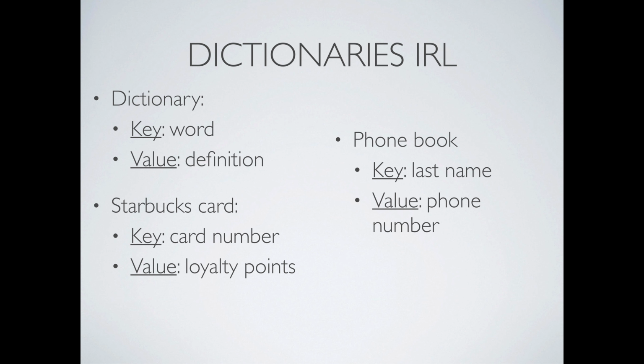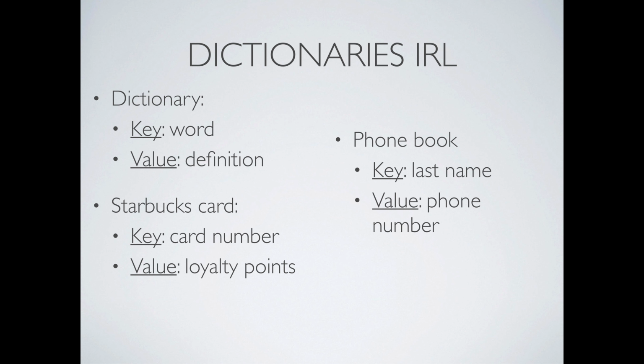Go figure. So in a dictionary, the key is the word, right? So let's say you're reading a book and you come across a word that you don't know. You don't know what the definition of the word is, but you know the word because you read it in the book, right? You can see the word right there in front of you. So the key, in this case, is the word itself. You use that word to then go open up the dictionary and look for the word, and then next to the word will be the definition. So in this case, the key is the word, you know the key, and then you look up the value,